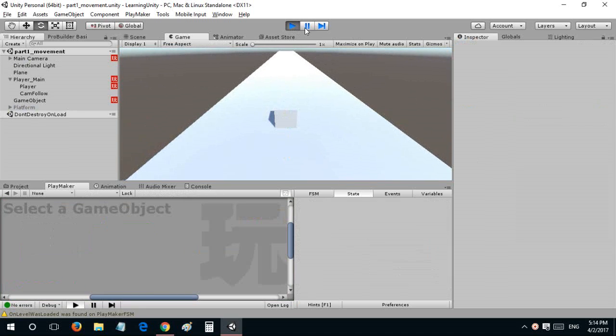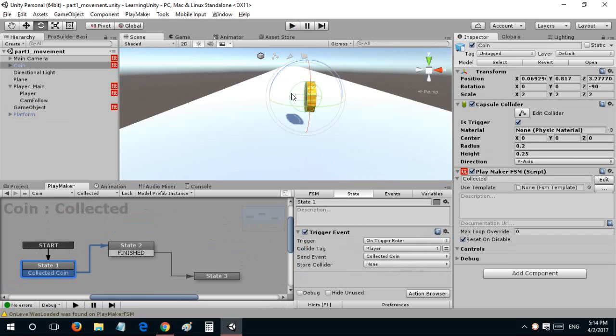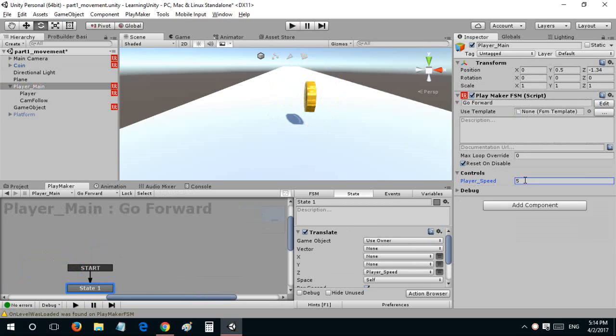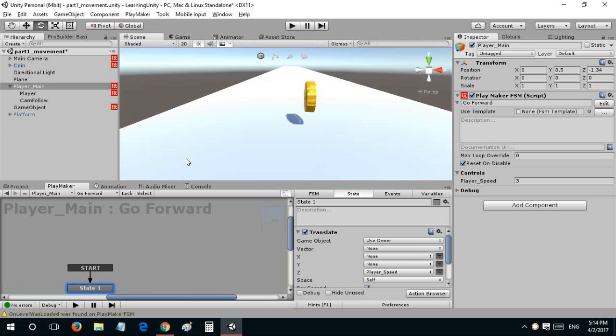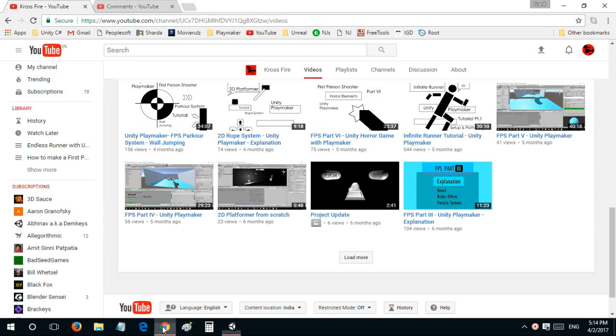and you can see that okay, that was pretty fast. Maybe we should go to player and set the speed to something like 5, or just say 3 for that matter, so that we can see the coin vanish. Yeah, you can see that that was a pretty good effect, but there was no sound. We can add the sound later, but